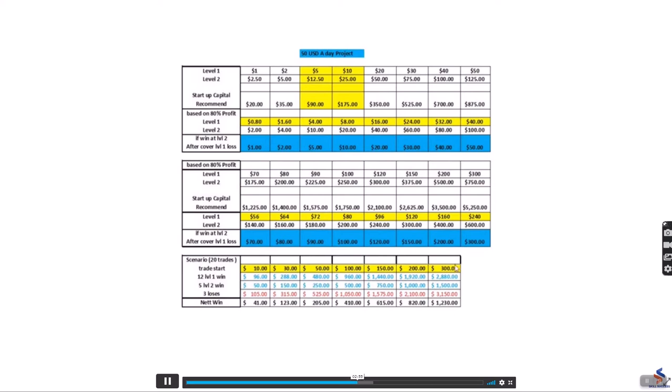So these are daily trades, which means that if you start at $10 at this level, every day you make 20 trades. This is a rough gauge that even includes 3 full losses of account, for level 2 to be at a loss, which is $35 times 3 losses. That's 105. Averagely, you will win at level 1 or level 2. Some good days, you will not even have these losses. So minimally, you are supposed to get $41 a day. Then eventually you scale up accordingly, slowly.